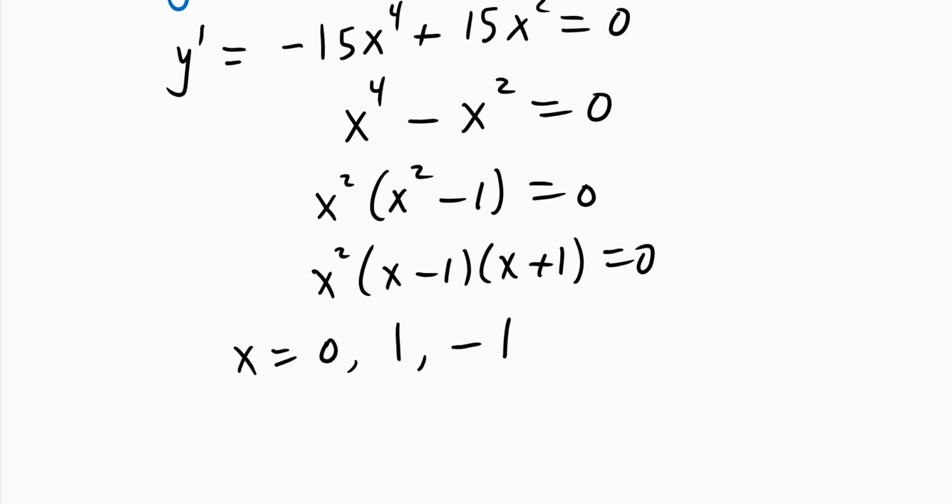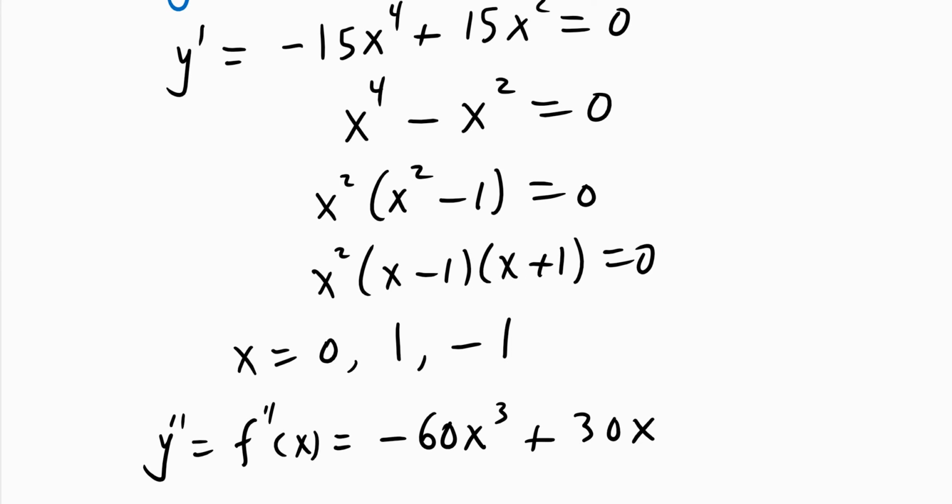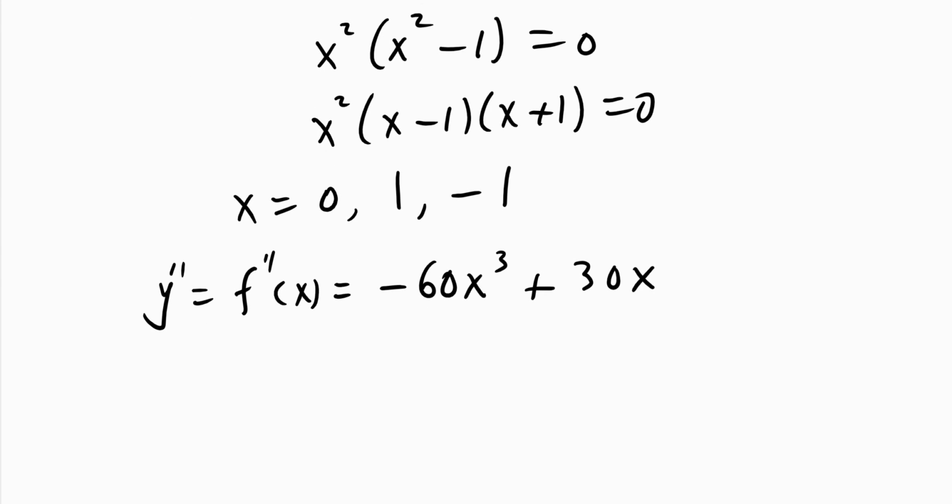So let's see how we evaluate this. We do need to have the second derivative. So let's find the second derivative, which is negative 60x to the 3rd plus 30x. I don't have to solve for x values here anymore. I can just keep it as is. Or sometimes some people factor 30x out. They find it's easier to calculate this way, but it's not necessary. So at the first point, when x is 0, if I substitute,